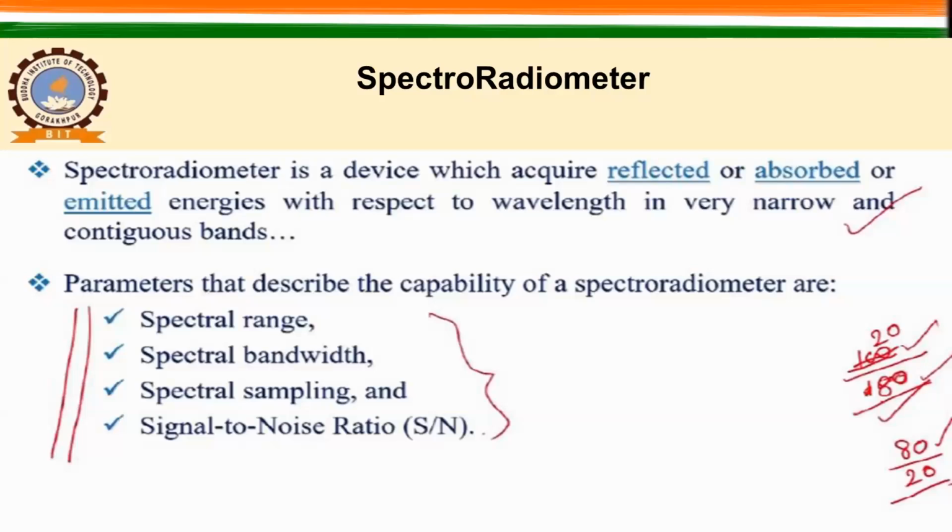Then what will happen? The acquired information or the saved data will have more of the noise. But if you just invert this, let us say 80 is your information from the target and 20 is the noise, that means this is a good condition because you have more information than noise. So that is why we use signal to noise ratio to define the capability of our instrument. So there are 4 or 5 parameters that are used for any given spectroradiometer to define their capabilities or their strength, okay?